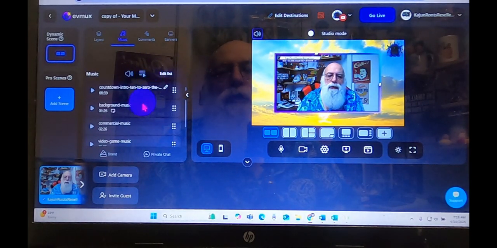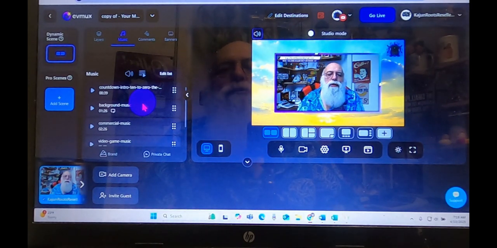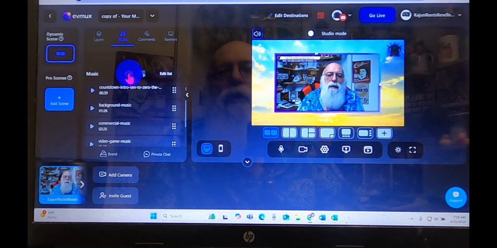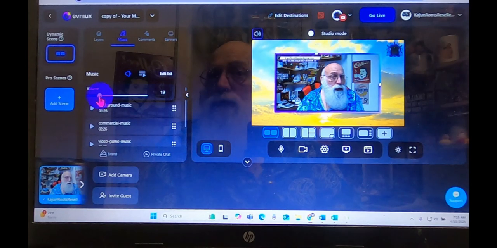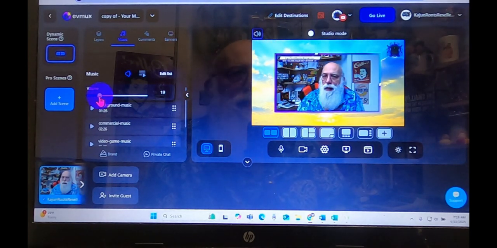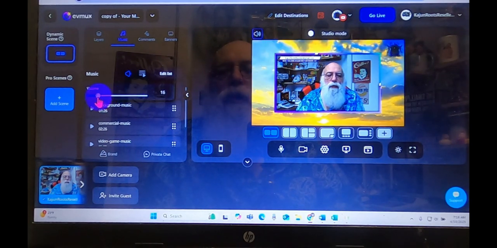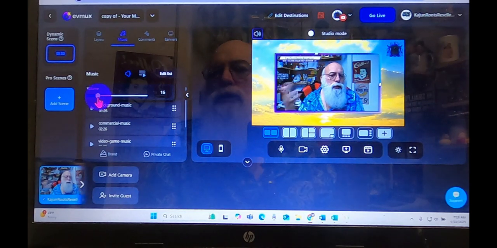Then you have your music. You can also upload music to here where it'll play in the background, and you can also adjust the sound and the volume by going here, and you can adjust the volume to where it can play a little softer in the background. You can have music constantly playing while you're live. You can do that as well and adjust it however you would like. Hear that while you're talking, you don't want it overused, so you want to make sure you adjust the volume